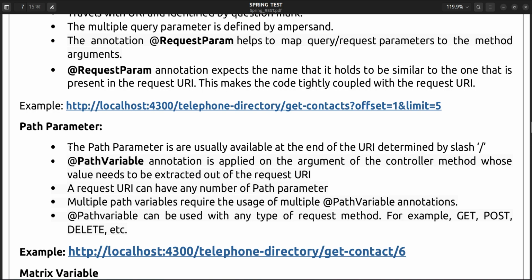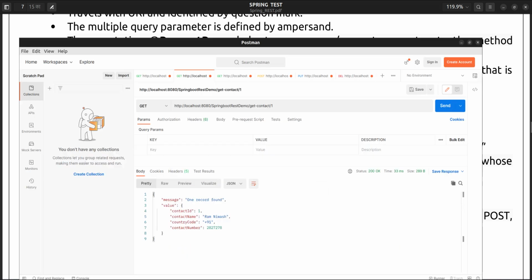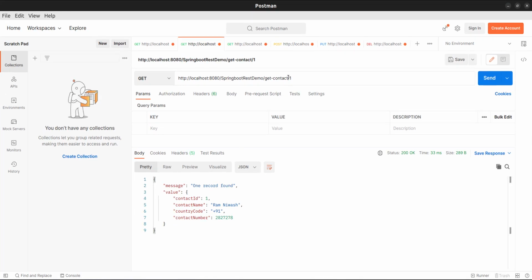The path parameters are usually available at the end of the URI, determined by slash. You can see directly it is determined by slash. There is no question mark symbol to differentiate this path parameter here.